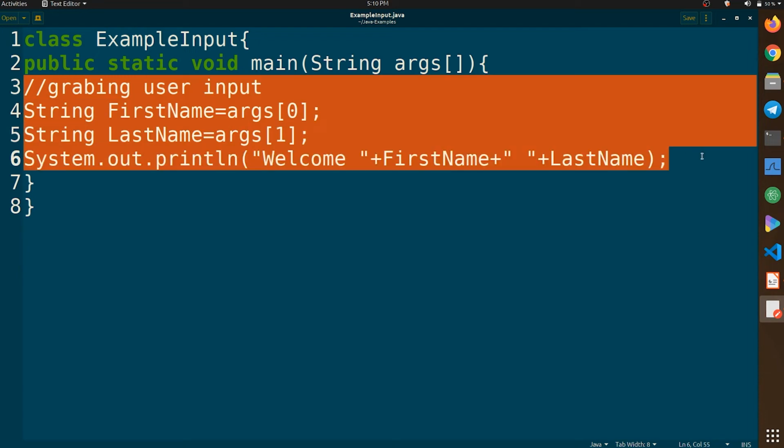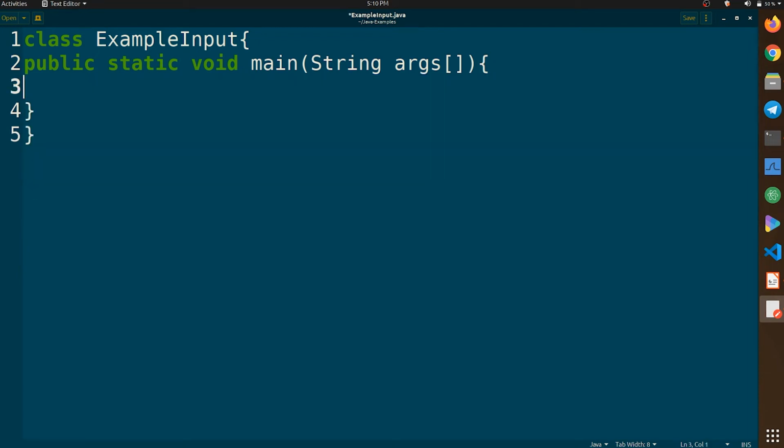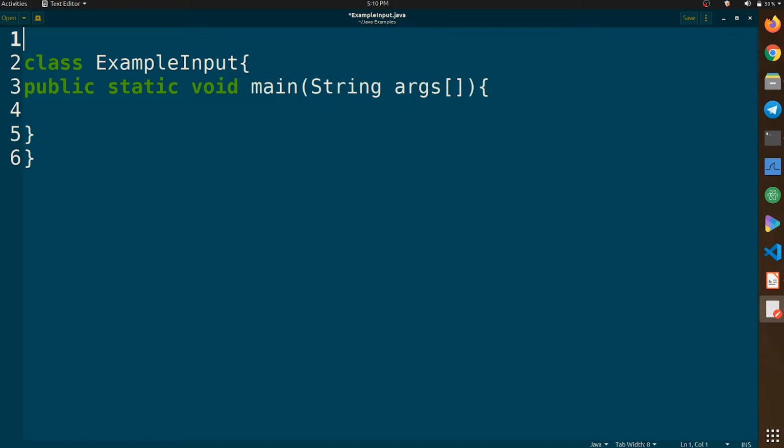And now let's move to the Scanner class example. So let's import the Scanner class first. So import java.util.Scanner, which is an actual class, so we have to create objects.